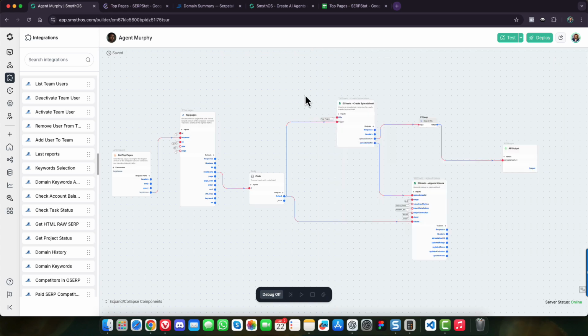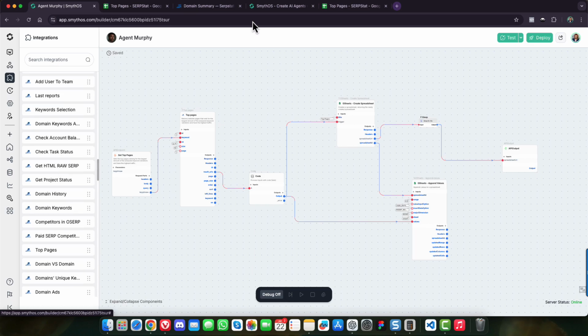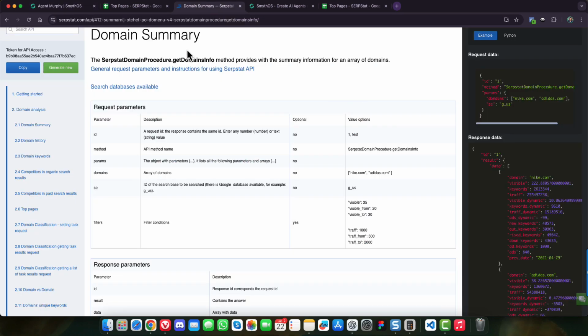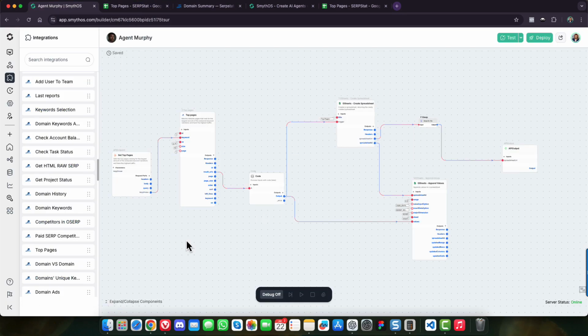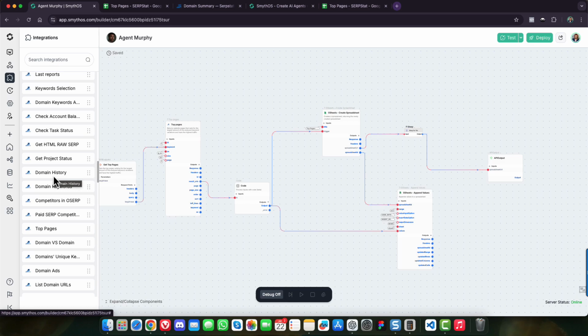And there are so many ways that you can interact with your ServStat account. If you have contacts, if you have other information in your ServStat suite, you can interact with them via our integrations here. And again, this makes it a lot easier for everyone, both for ServStat and SmithOS users, to build powerful AI agents that they can use personally or be used by their entire team. If you're planning to build an SEO agent, this is now your opportunity to build one that would really help you grow your business.